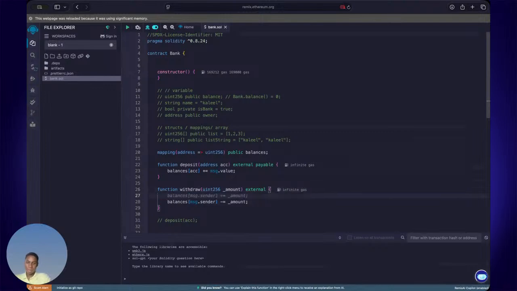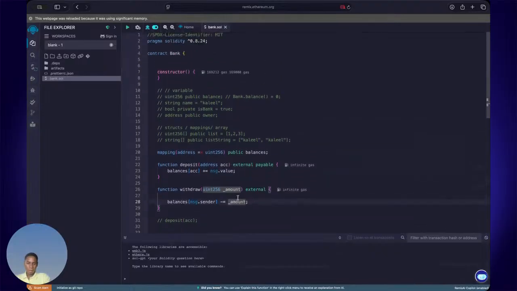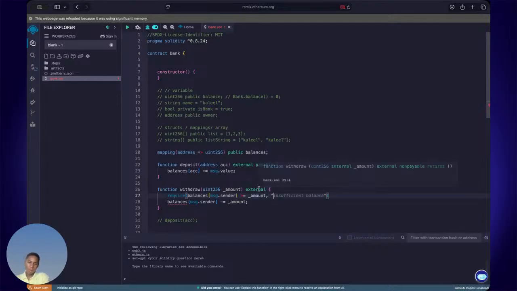However, there are still things to look out for, because what if the amount you are withdrawing is not actually in your account? So we use something called a require function, which means you have to require the balance of the message.sender to be equal to or greater than the amount before he or she can withdraw.